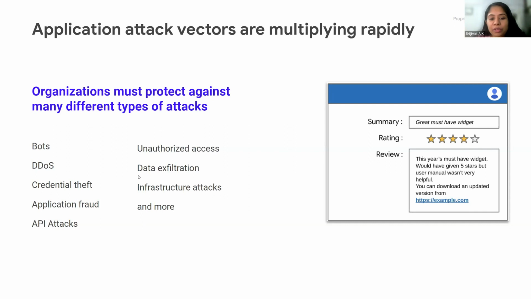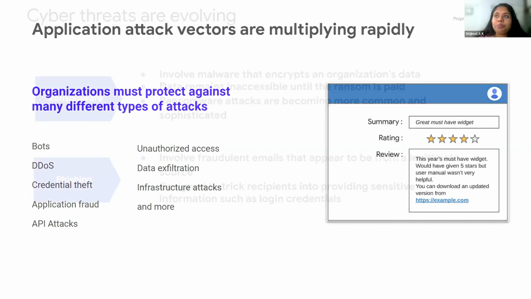they look very genuine. For example, you might see some widgets that look like, this is a great widget and you need to go and use it, right? So you might get tempted to go and use it. But once you start using it, it gets exploited and it will have some malicious code in it that gets injected in your application. That is where the attack begins. Okay, so that means attack vectors are multiplying rapidly.